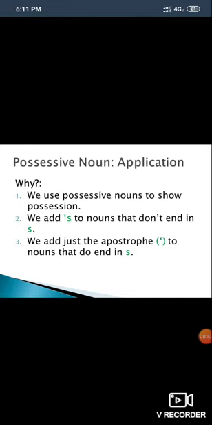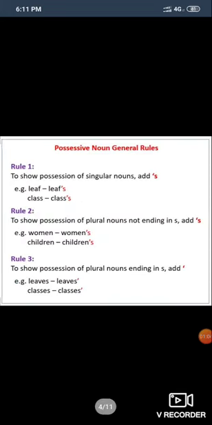We add 's to nouns that don't end in s, and we just add the apostrophe to nouns that do end in s. So these are the general rules regarding the possessive. Rule number 1, to show possession of singular nouns: with a singular noun we have to add apostrophe s after the noun.